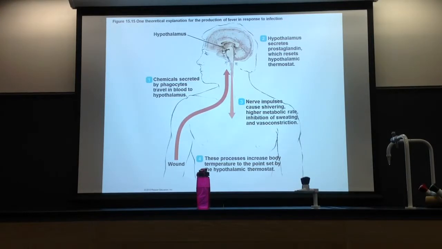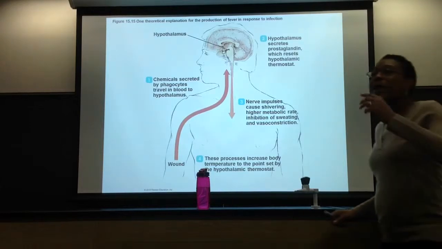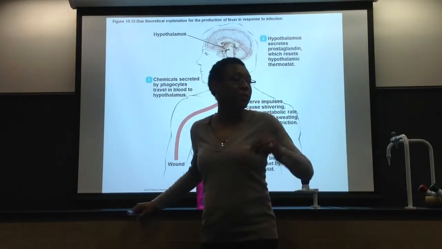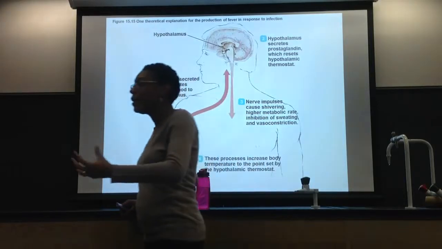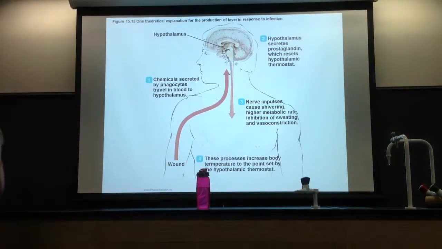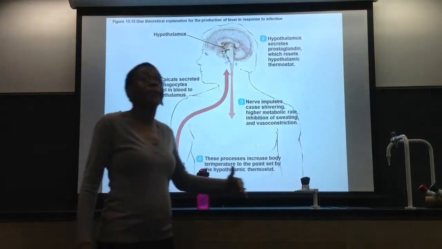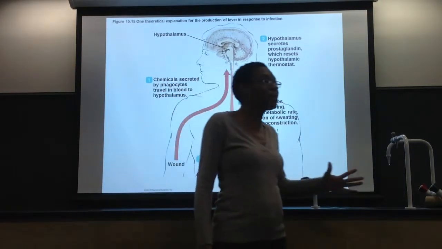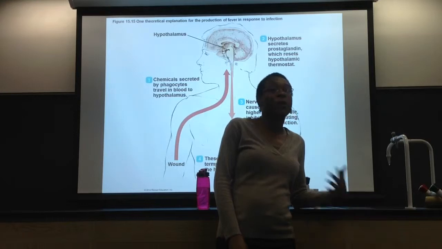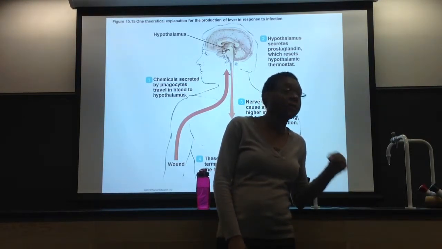Now, of course, some people say, let the fever run its course, because what you're really trying to do is fry the pathogen, trying to kill it by cooking it to death. But if the fever is too high, you also start killing your own cells. So usually, if you do have a fever, it's best to take aspirin or ibuprofen, because you want to get rid of prostaglandin, makes sense? That's why we watch the temperature to make sure it doesn't exceed a specific range, depending on your age. You don't want to go over a certain number. Low grade fever like 99, no big deal. 100. 101 is where, okay, that's too high. Too high, take something for that immediately.